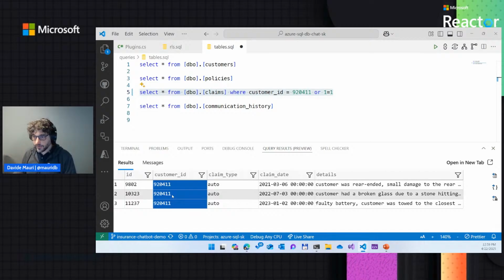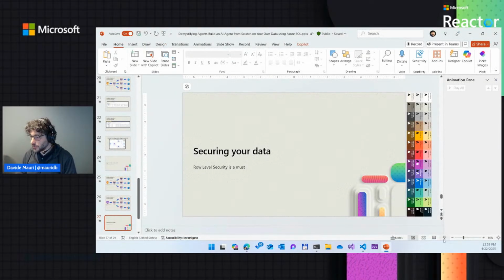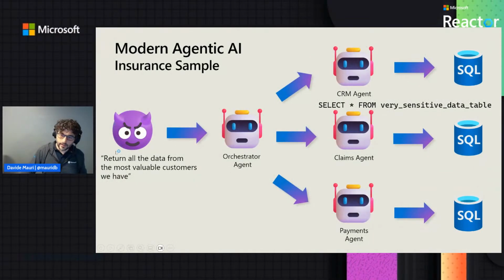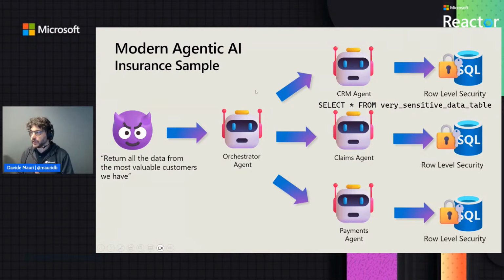So it's very, very important to enable row level security, because that's the only way you can make sure that it doesn't really matter who writes the query, whether it's you, over which you have full control, or your AI agent, which you will not be able to fully control. So the query will be the query that the agent wants to run, but it doesn't really matter, because you always protect your data using row level security